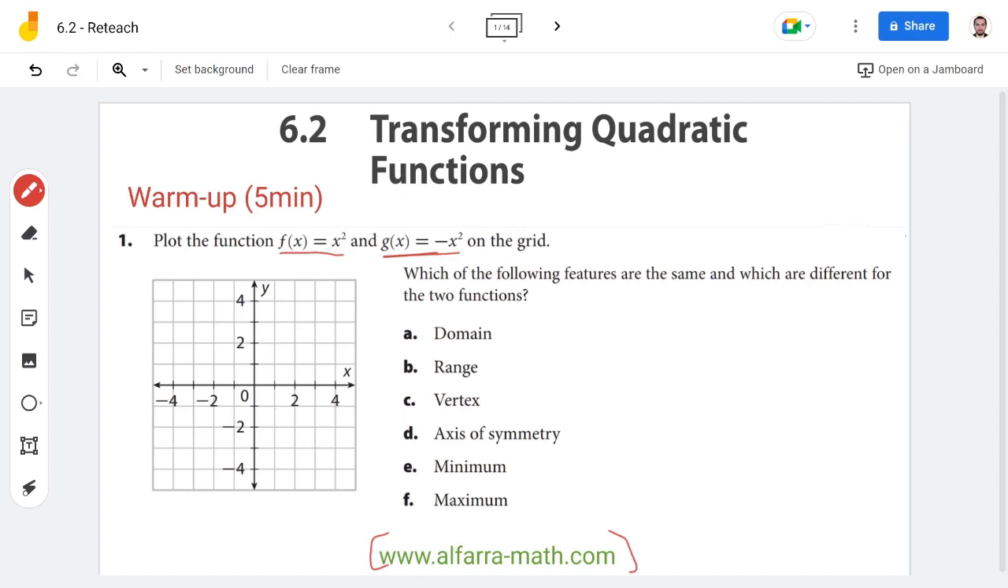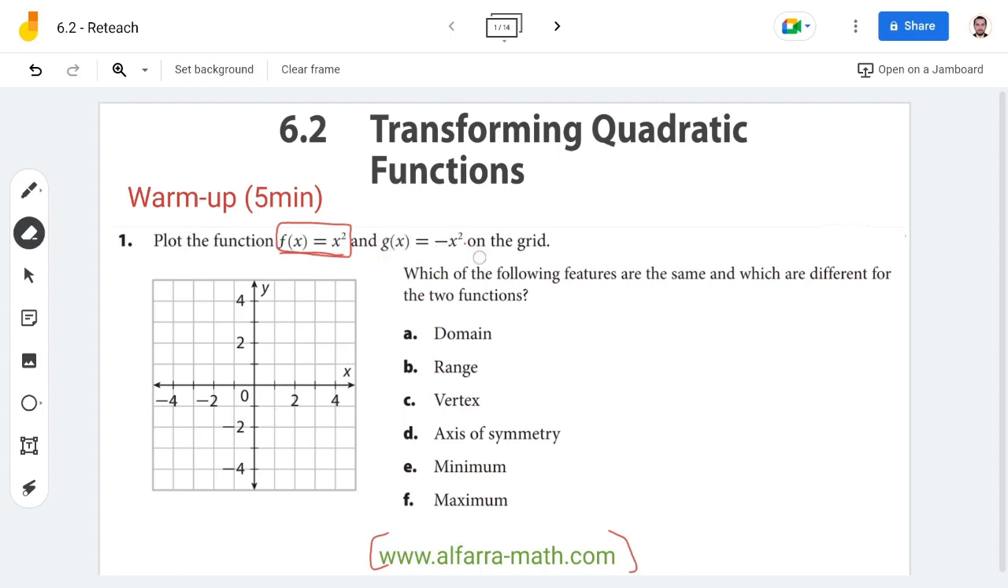Okay, now let's start doing these questions. Now, plot the functions. We have two functions, f of x equals x to the power of 2, and g of x equals negative x to the power of 2. Now, if I need to graph both functions, x to the power of 2 and negative x to the power of 2,